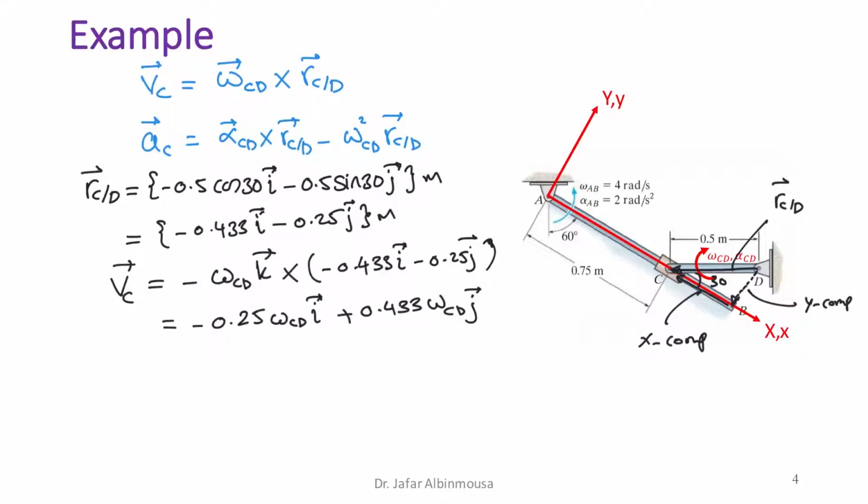Of course, I got omega right here as negative because it is rotating in a clockwise fashion, which is negative with respect to our convention. So I'm going to do the same. I'm going to write down the acceleration equation by substituting the position vector. So what I'm going to get is AC, which is equal to minus alpha CD, and this is the position, the vector direction K, cross minus